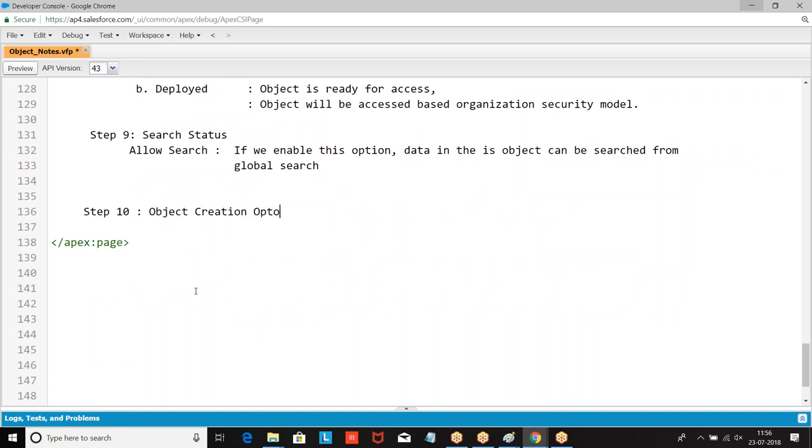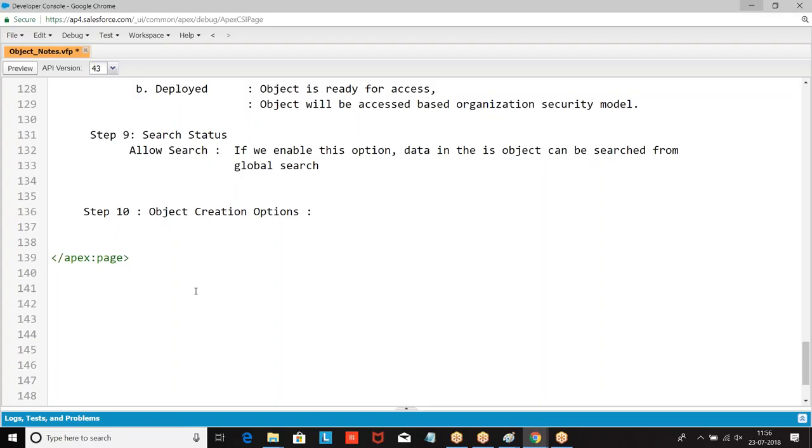Boss, these options I can enable or I can disable only at the time of creating an object. Only at the time of creating an object I can enable this option or I can disable this option.